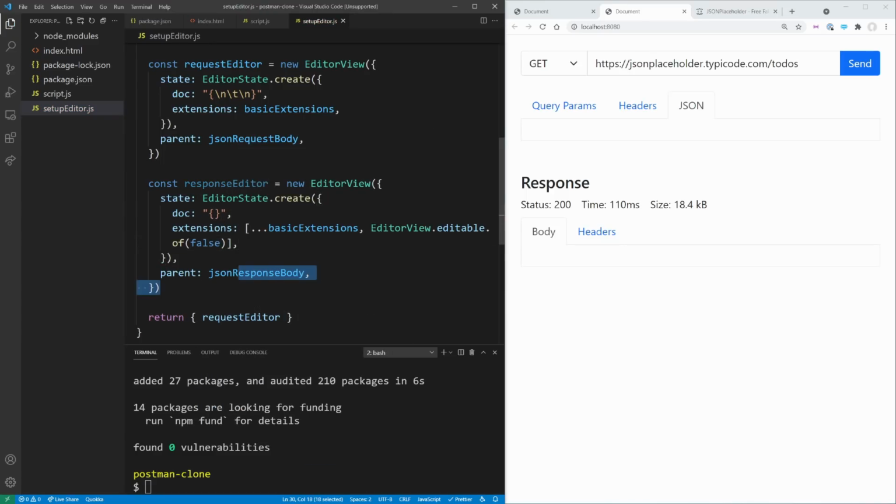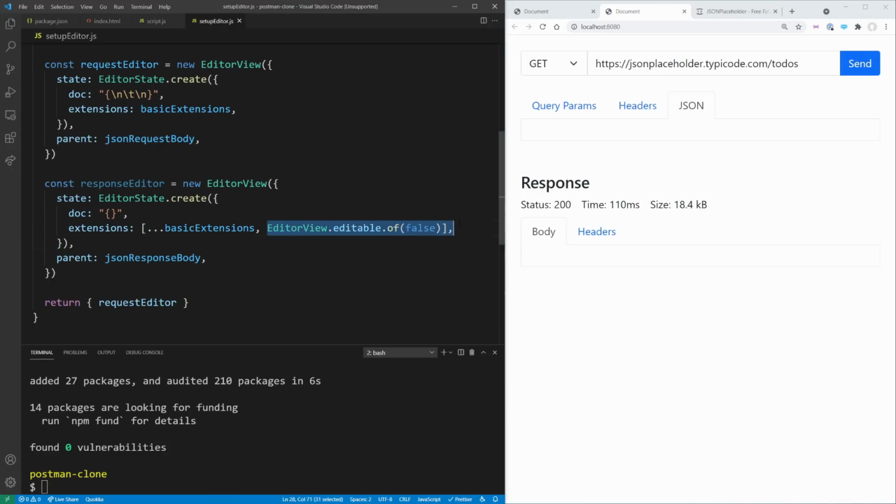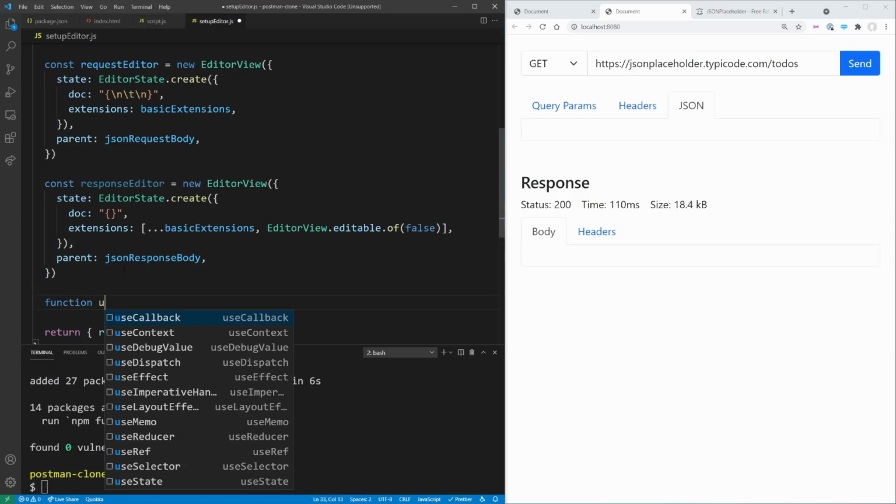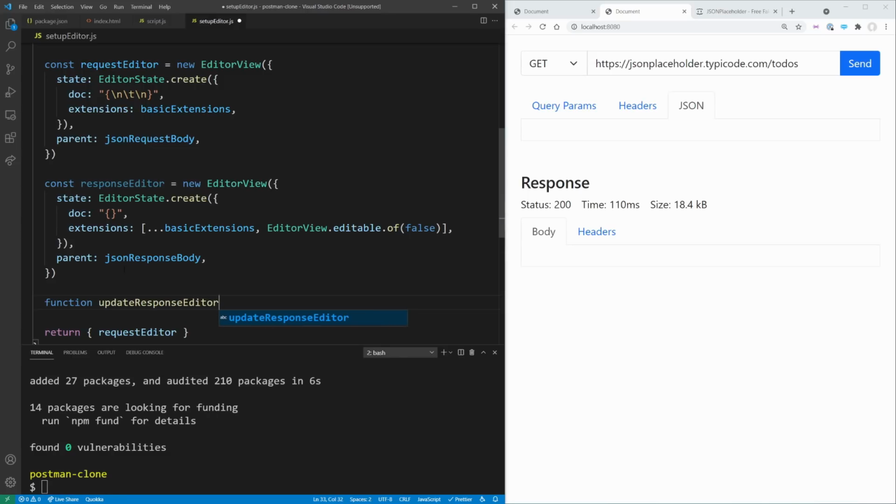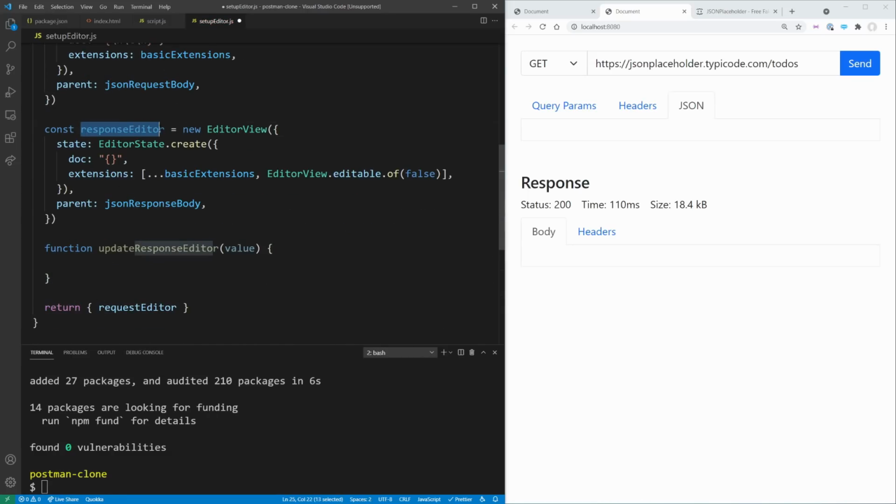So essentially all we've done inside of here is just use our normal extensions, and we made sure that you cannot edit this one because this is going to be the value that gets returned, and we don't want to be able to edit that. Also, I just want to return a simple update function. So we're going to say update response editor with a value, and this update function is essentially what's going to update the content inside of our